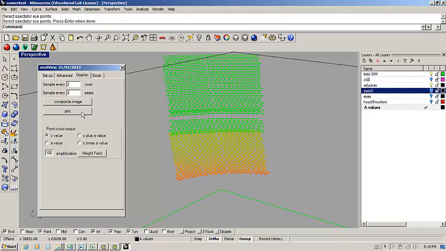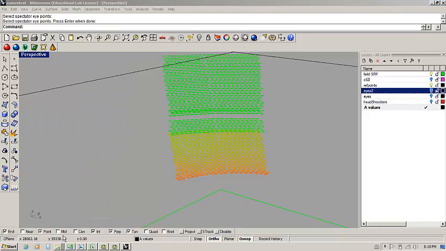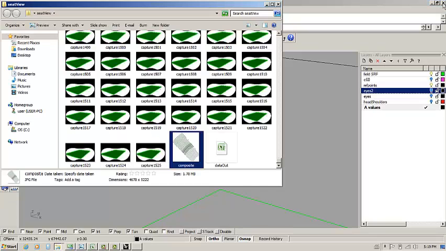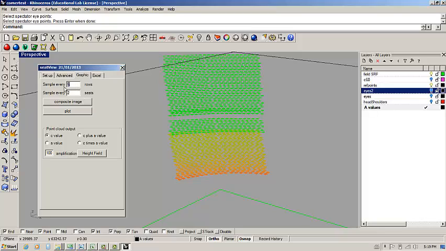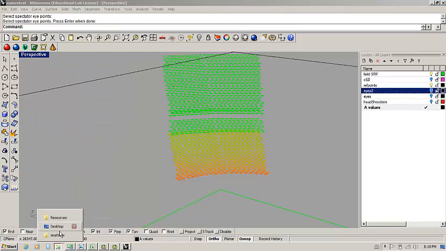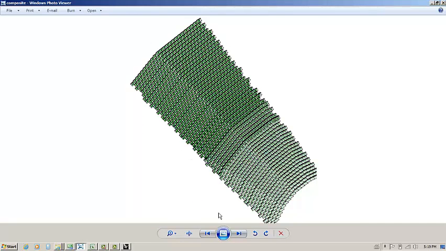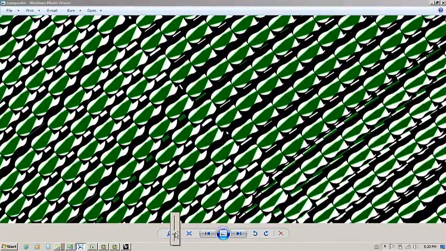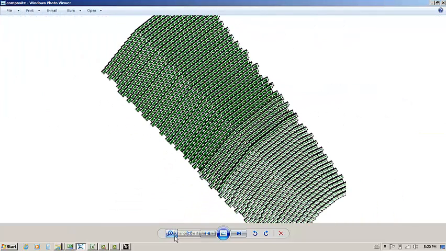Click on composite image, go back to our output folder, and then you can see we're starting to build up a composite set of all the views, or a sample set through that corner. You can go back into Rhino again, change that to every single row, every single seat, create that composite image. Should have then updated. It's getting a little dense there, but gives a kind of interesting impression of how the views vary through the